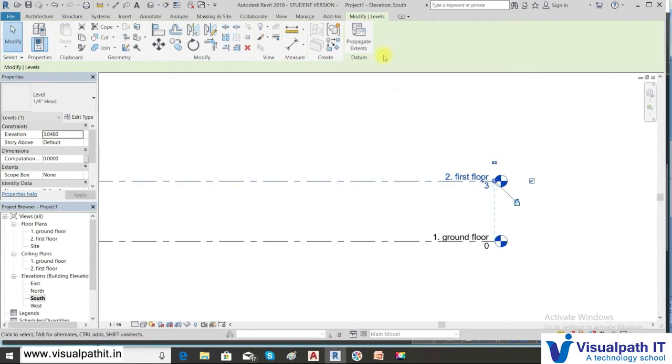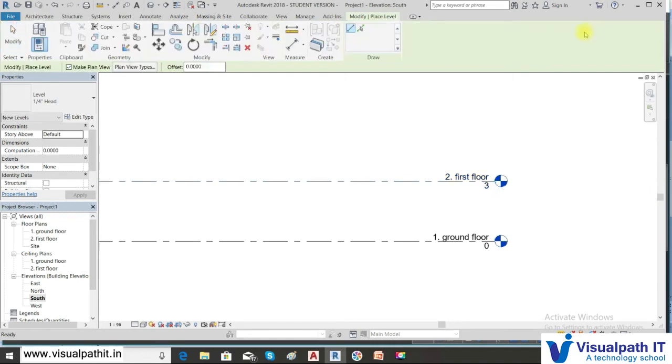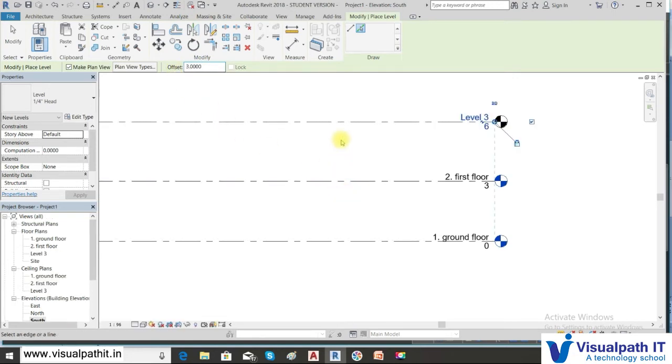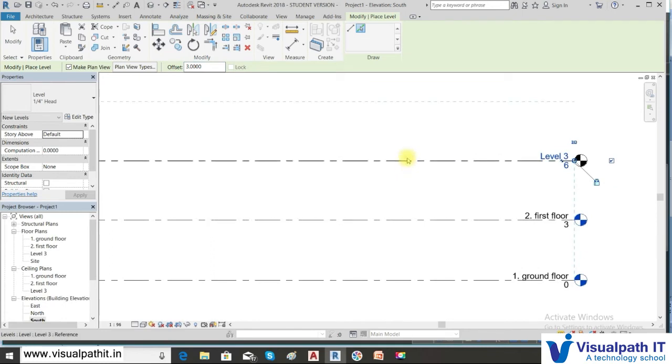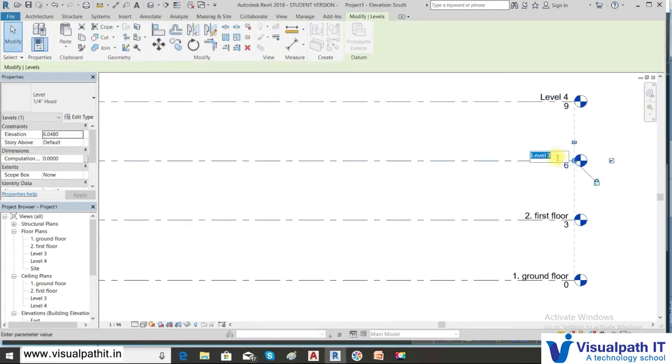So we will use the pick option of levels. Go to pick level, use the pick option. Here offset would be 3.0, and then use this option, create 2 floors, and rename them as we have done earlier. Press escape 2 times and then double click it.